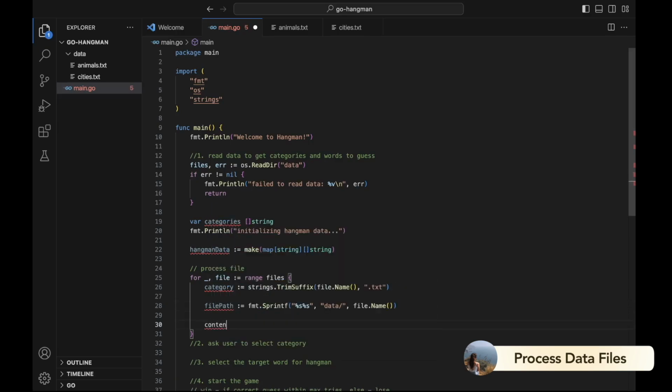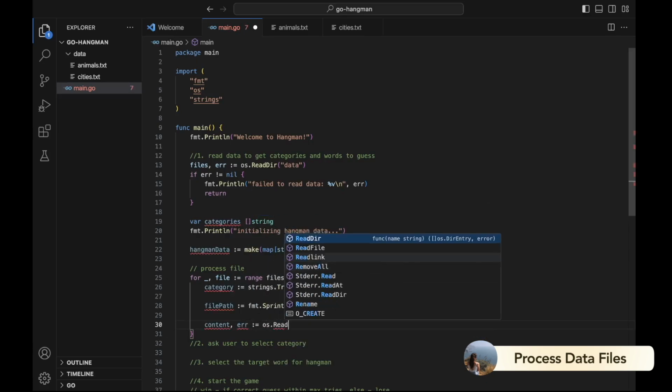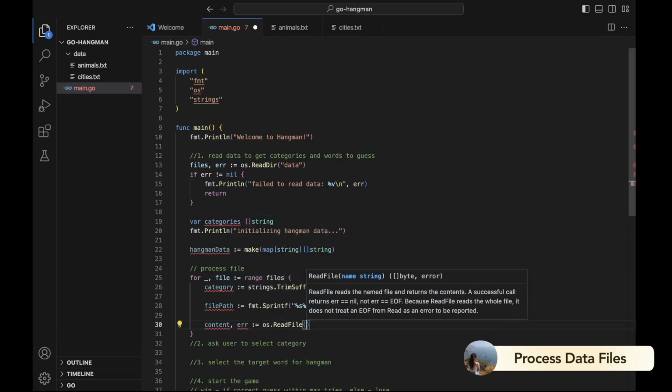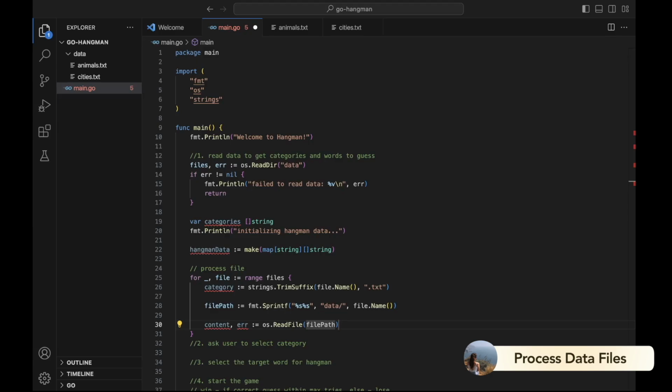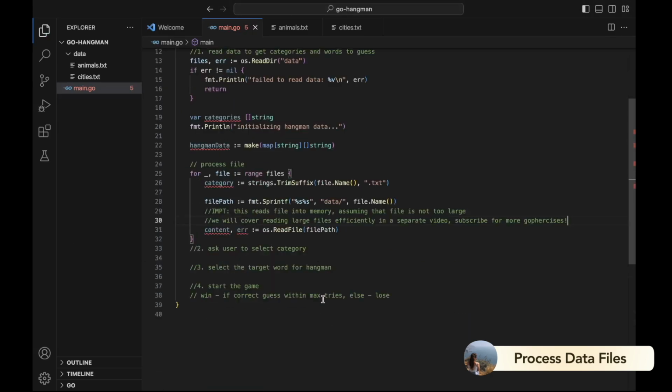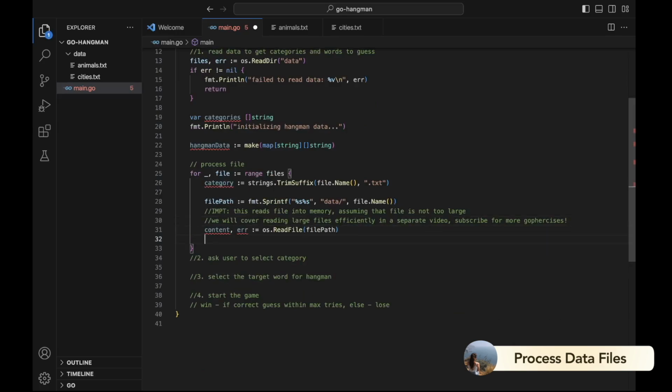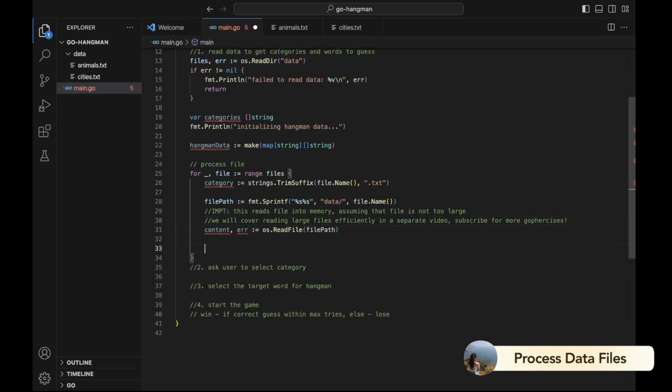Then we want to read the content of the file, which will use the os.ReadFile function to read the file content, passing in our file path. Now, it's important to note that this actually reads the file into memory, so we're assuming that the file is not too large. We'll also cover reading large files efficiently in a separate video, so subscribe if you want more Gophercises. Now let's error handle,